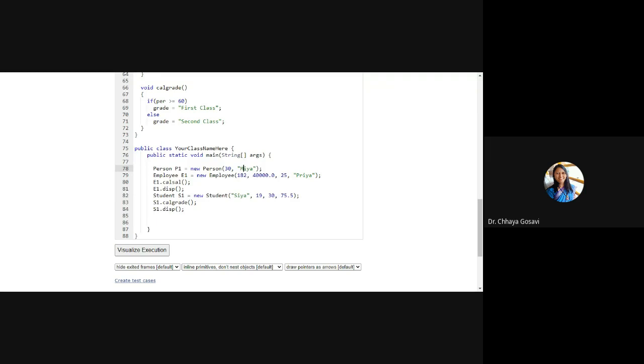These values are only specific to this object P1. The values name and age are only for this object E1, or Sia and 19 is specific to this object S1. So values are not getting inherited. What gets inherited is only the variable names and the functions.